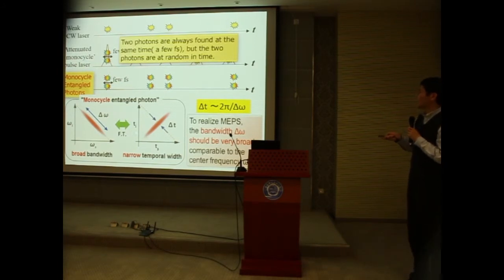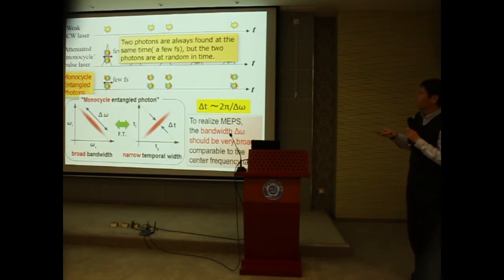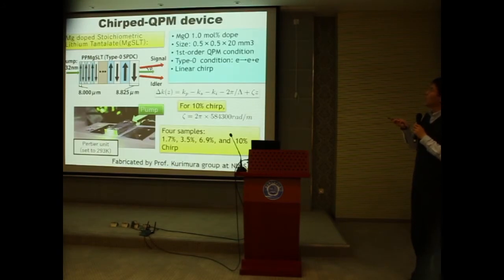So bandwidth should be very broad. In order to realize such ultra broad parametric fluorescence, we collaborated with Professor Kurimura's group at NIMS Japan, and they fabricated a special stoichiometric lithium tantalate QPM device